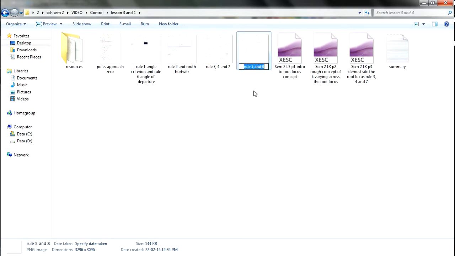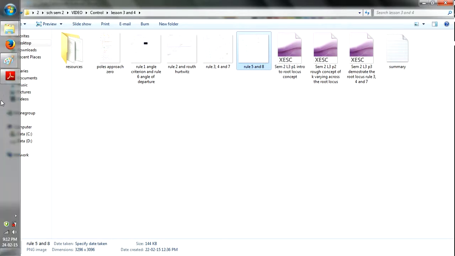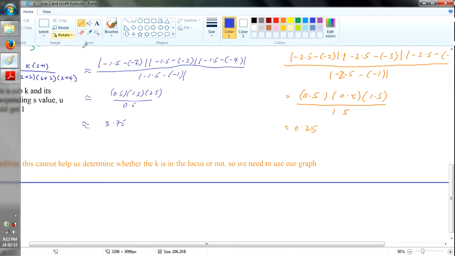Then I'll just go through it, but I'll go through this one first. Currently we are on rule 2. Later I'll talk about rule 1 in the next video, and then I'll go back to rule 5 and 8, which is the so-called special case scenario. But you have to take note because it's very important. Without this one, if they give you a trick question, you are dead. So this one is more likely the trick question type of thing. So I'll just leave you to the understanding of this rule 2.